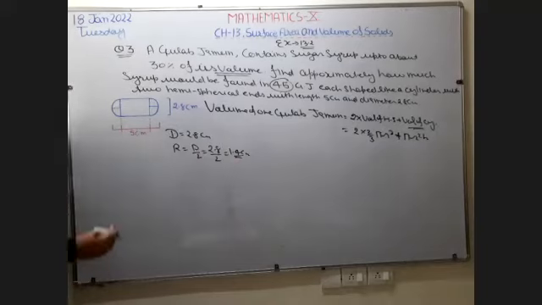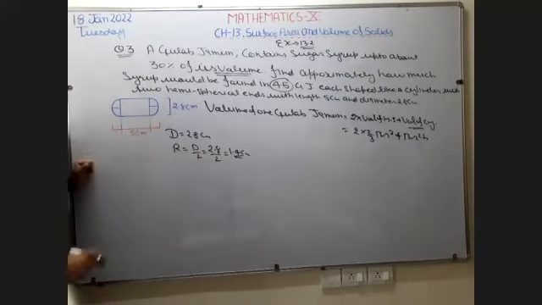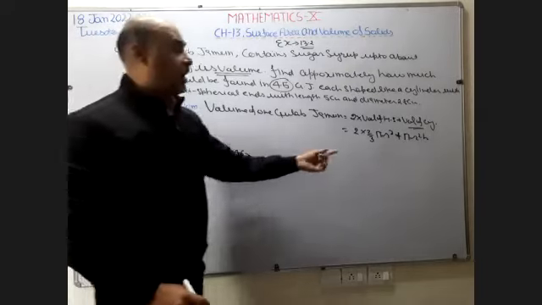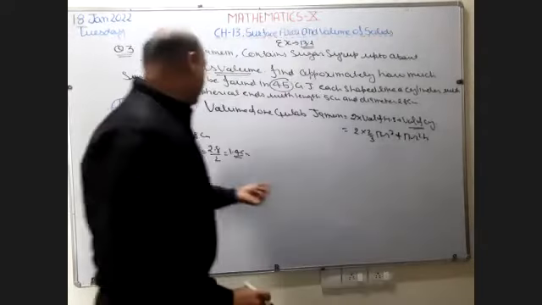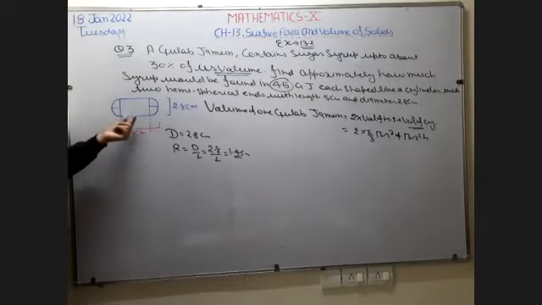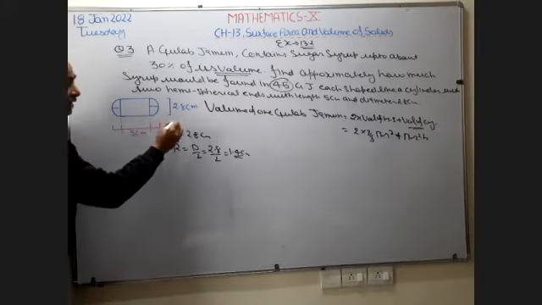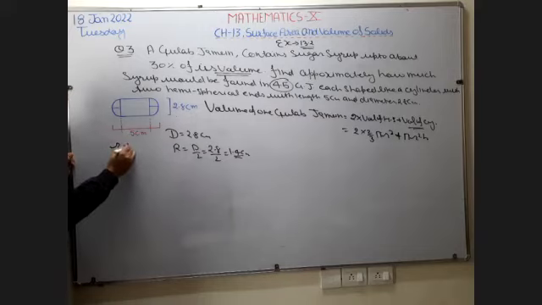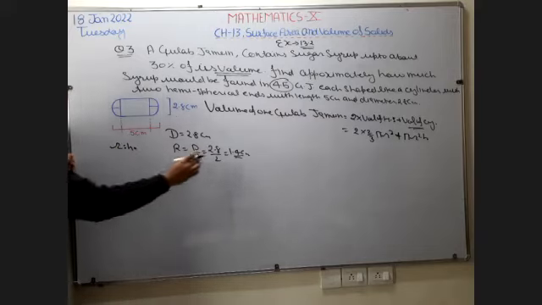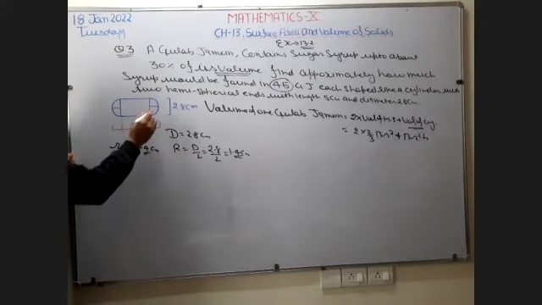Now this is the length of the complete gulab jamun, which is 5 centimeter. But in this question, I require the height of the cylinder. The height of the cylinder is not given; the length of the complete gulab jamun is given. How are you going to find the height of the cylinder? As you know, in a hemisphere, radius and height are equal to each other. If the radius is 1.4, the height of the hemisphere is also 1.4. So it's going to be 1.4.